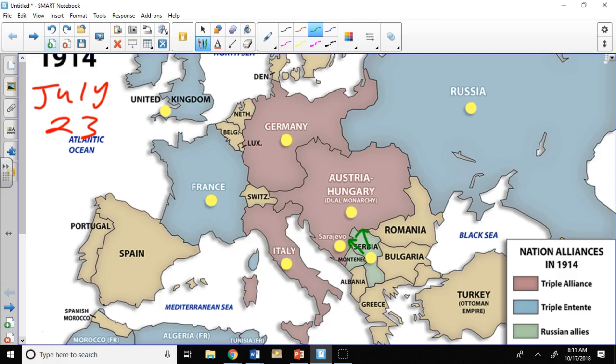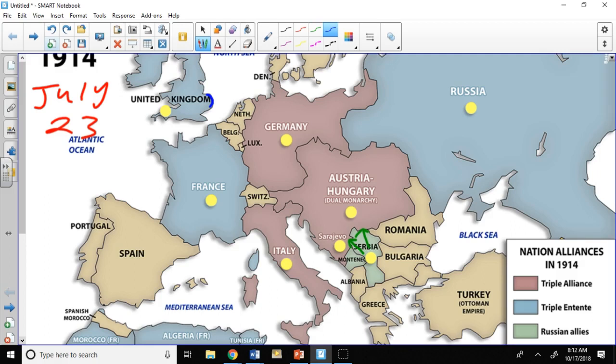Okay, now at this time period, we have the British located up here. So what's going to be happening? The Brits are going to try to intervene and get things taken care of. They realize situations are getting tense. They don't want these situations to get tense, so they're going to try to bring all European countries together and